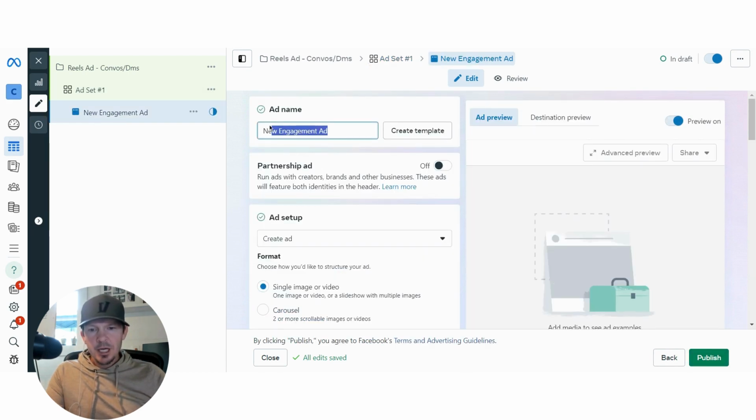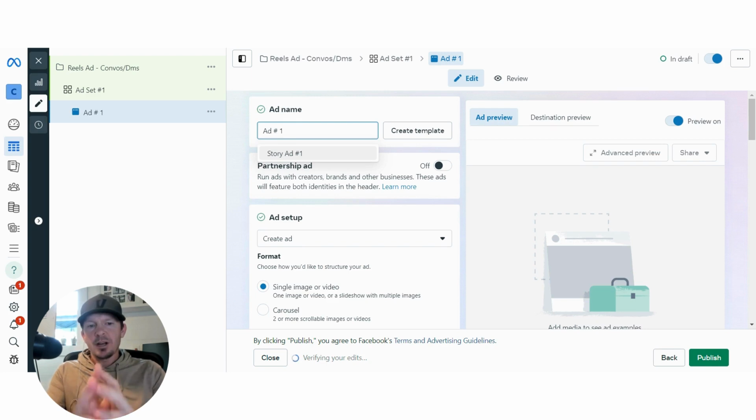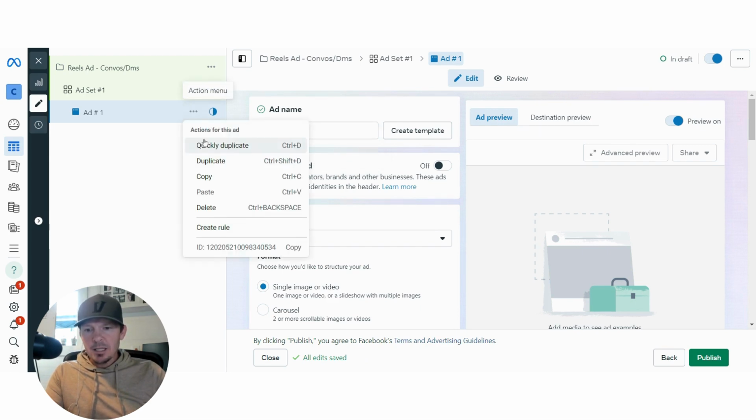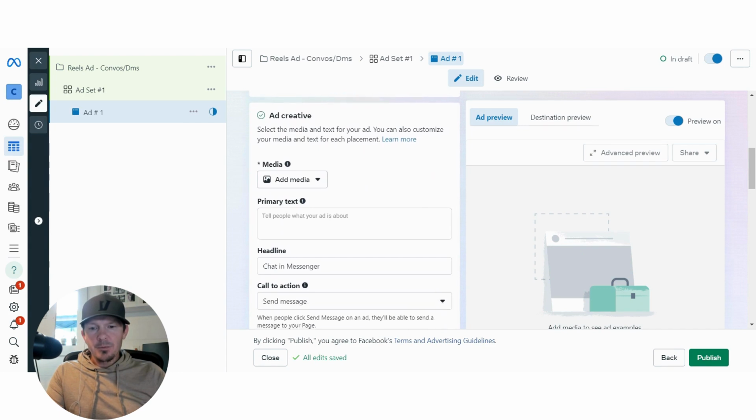And in here, I want to change the name, and I'm just going to put ad number 1. This is just so if you want to use all these settings the same and you want to just plug in another reel, all you have to do is come over here on the left side and hit these 3 dots here and quickly duplicate it, and it'll create a whole new set. And all you have to do then is come in and rename it, and then come through and add